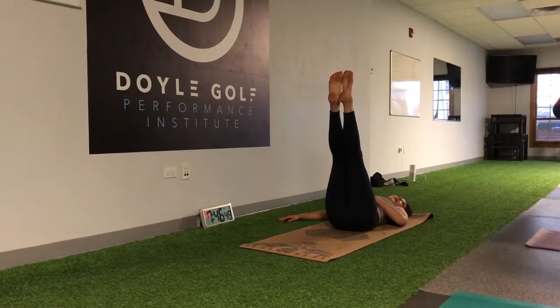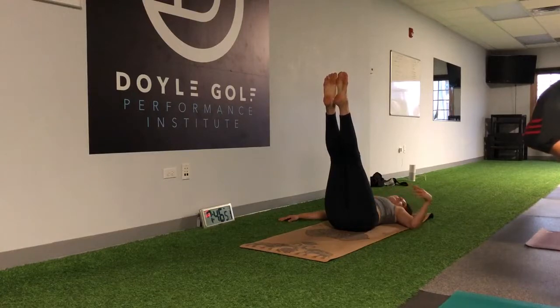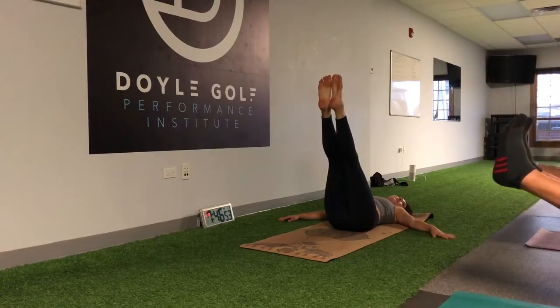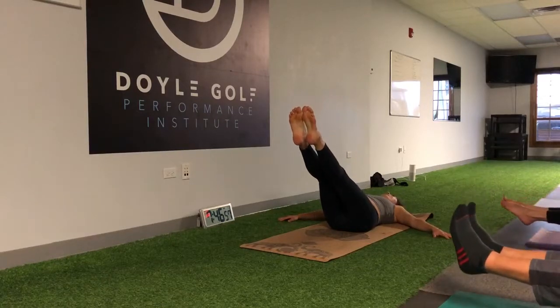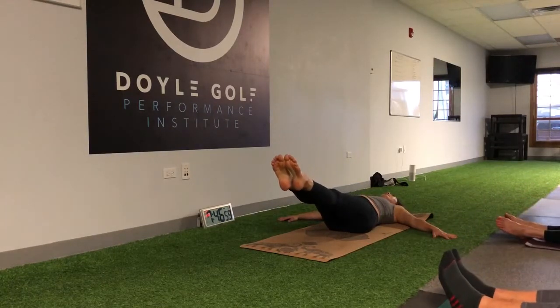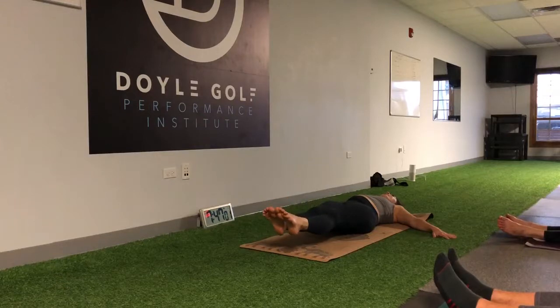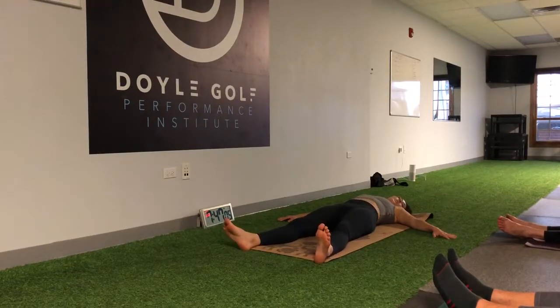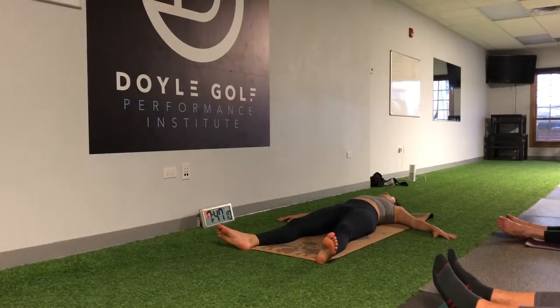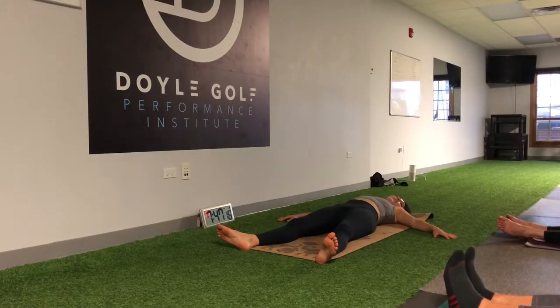Once you feel the low back begin to rise, go ahead and release the feet down. No more straight legs here. Wonderful. Once you find the feet, the legs all the way in towards the mat here,